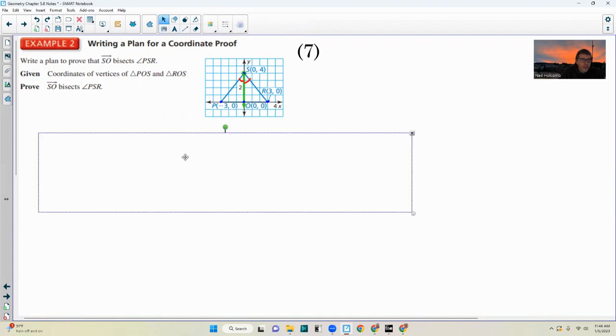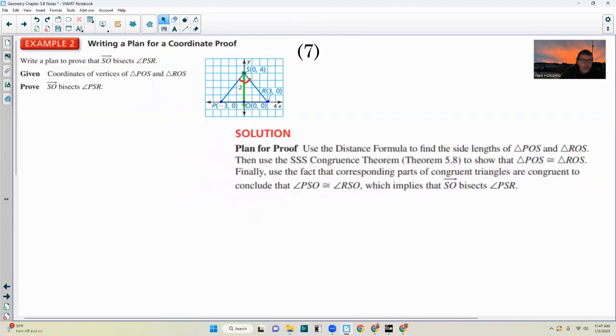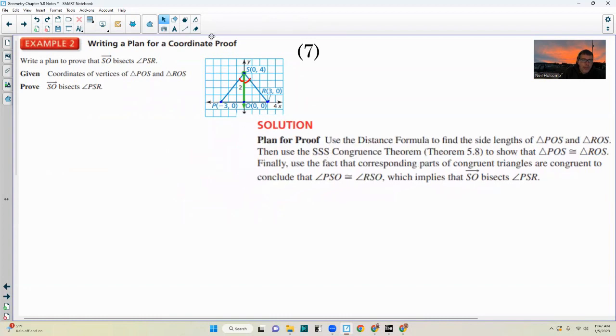So how are we going to do that? Well, use the distance formula to find the side lengths of triangle POS and ROS. Then use the side congruence theorem. So I'm going to do that. So here we go. How do we do that? Well,